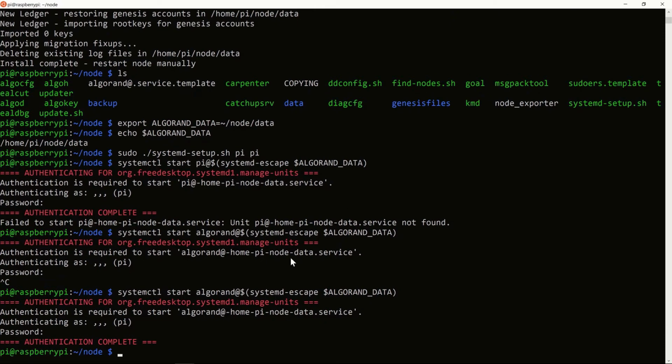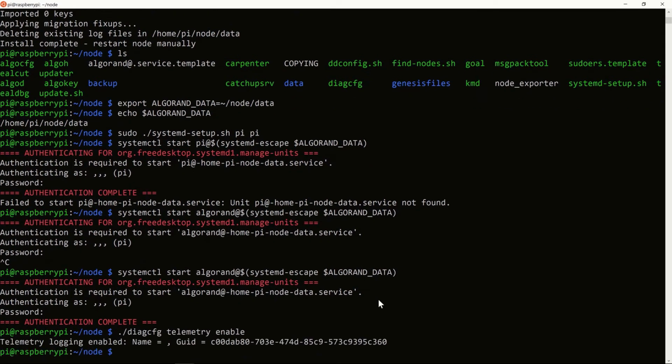and we see that the authentication is complete. So now when we reboot our Raspberry, this command will still be accessible. Another command which we also want to do is start telemetry for a specific node, which is not of relevance as of now because we don't have any node running yet, but we can just be ready for the future, so we can start the telemetry,